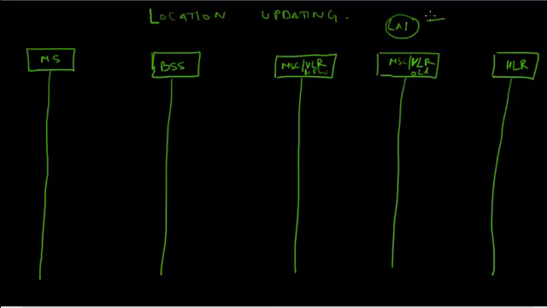So when it sees that the location area identifier has also been broadcast by the BTS on the broadcast channel all the time, when the mobile compares the LAI in the SIM with the LAI in the broadcast channel and finds that there's a difference, it automatically assumes that it has changed its location area, and it starts a